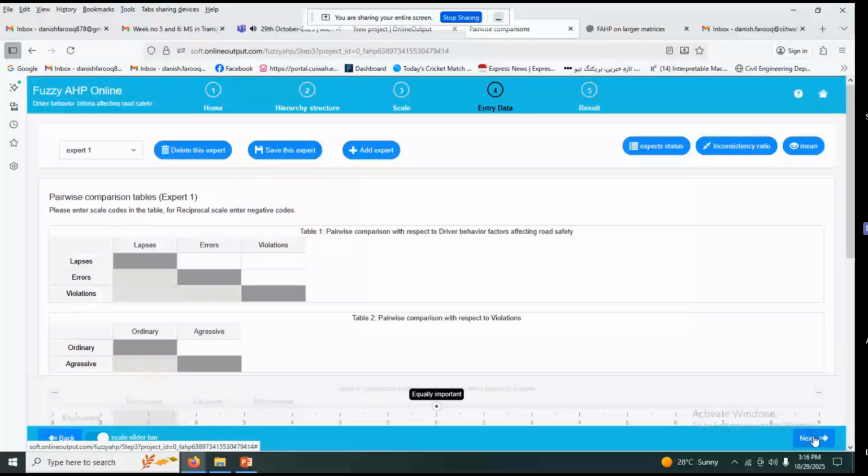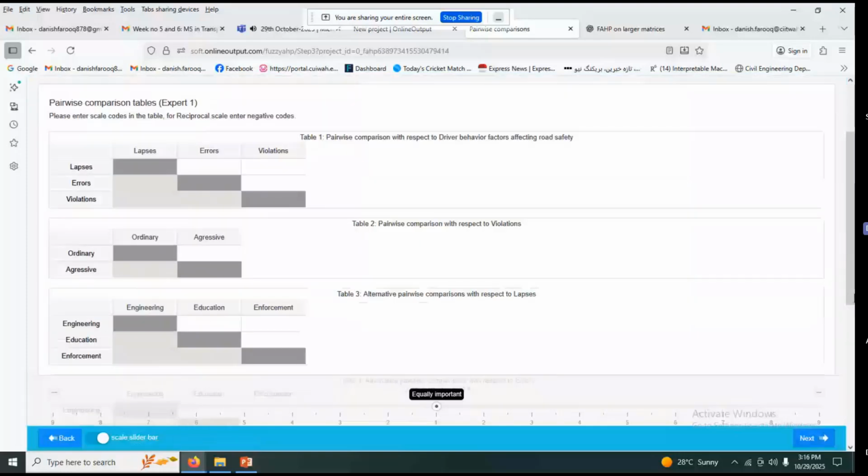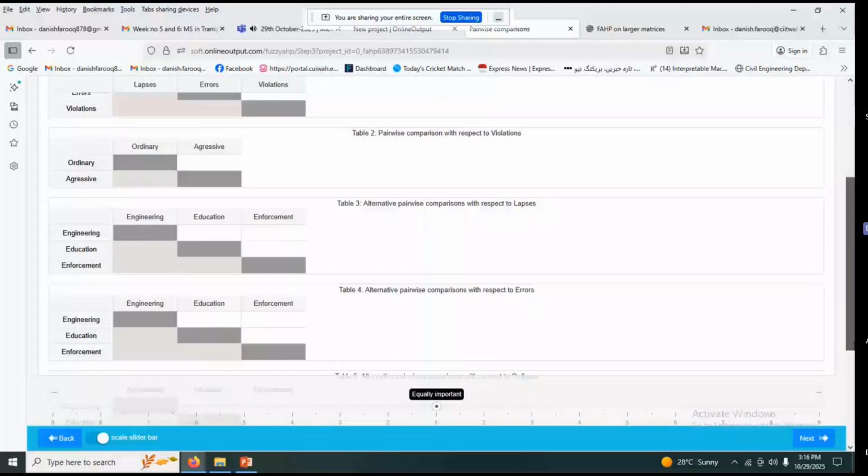Next you can see the pairwise comparison with respect to violations, in which we have two sub factors: ordinary violations and aggressive violations. And in alternatives we have three main factors: engineering, education, enforcement. And this has further